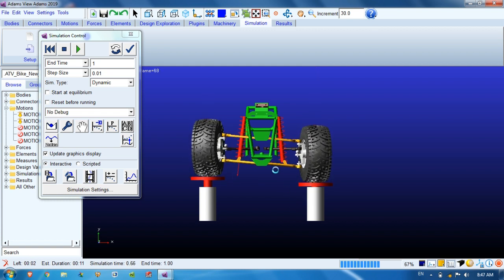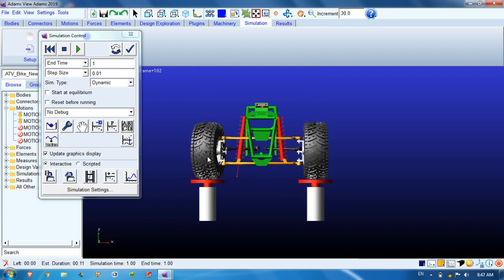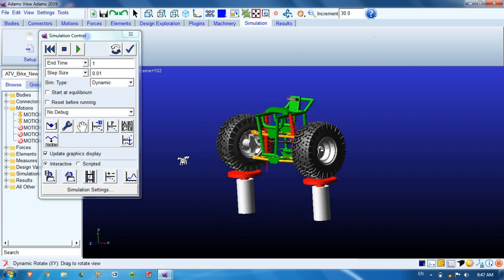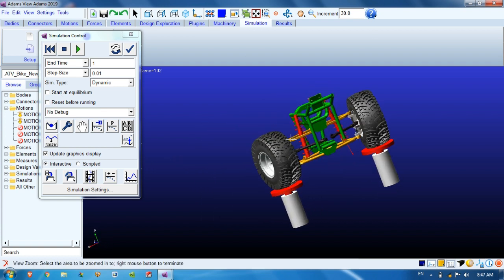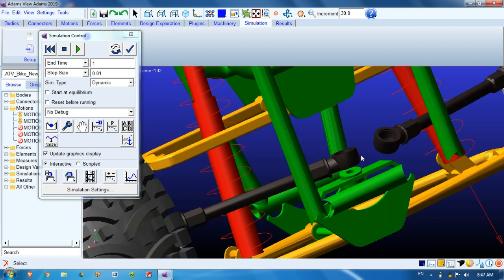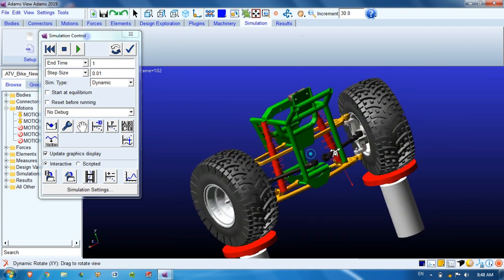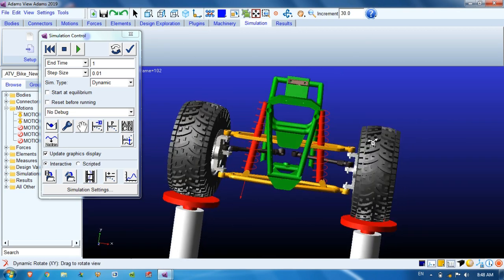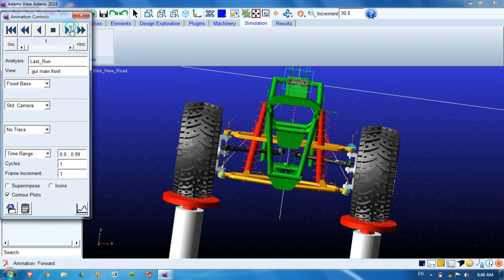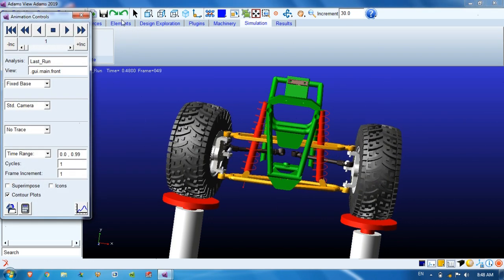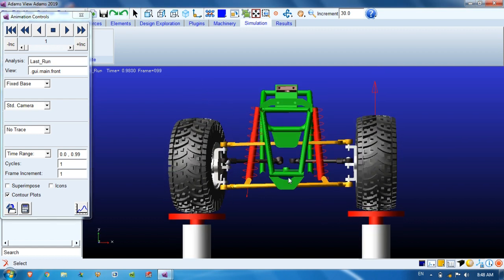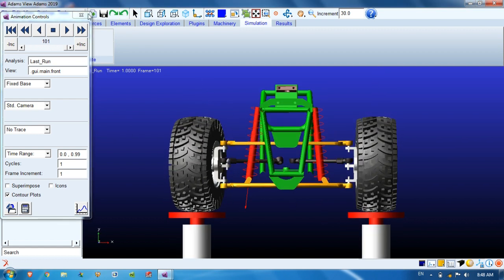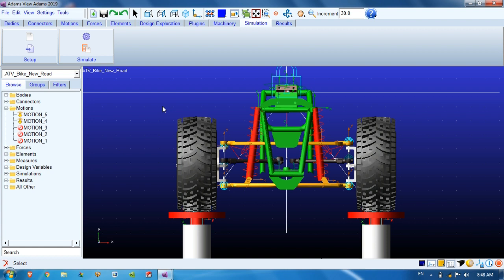So it is moving, so tires are rotating here and there because tie rods are not available, because tie rods will restrict the rotation of wheels. So if we run this, so at least it is moving. Now we'll go to the creating the tie rods.